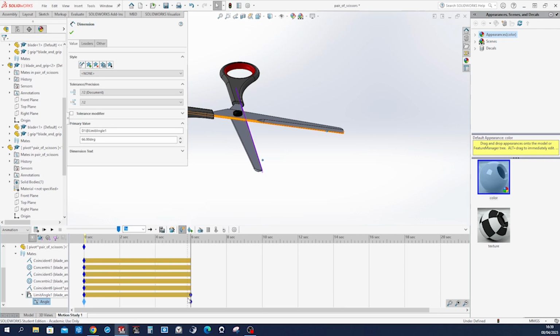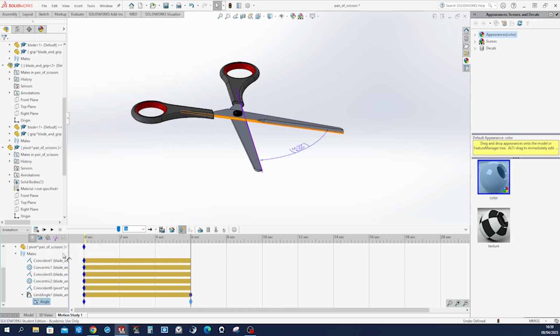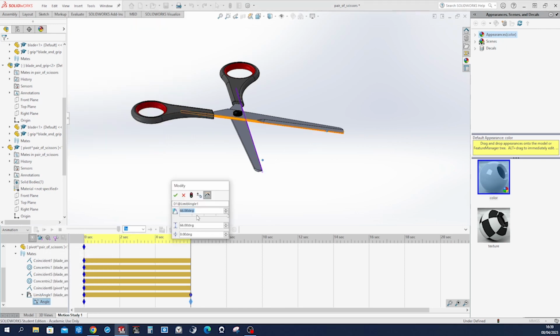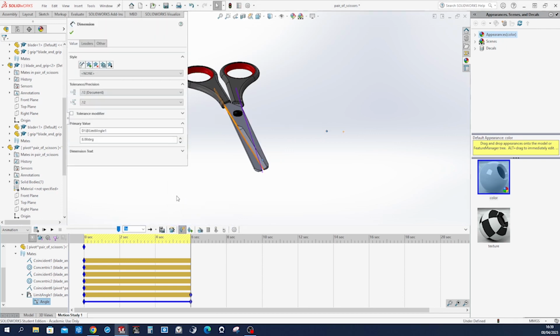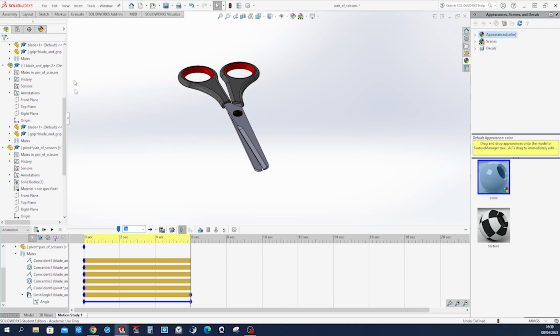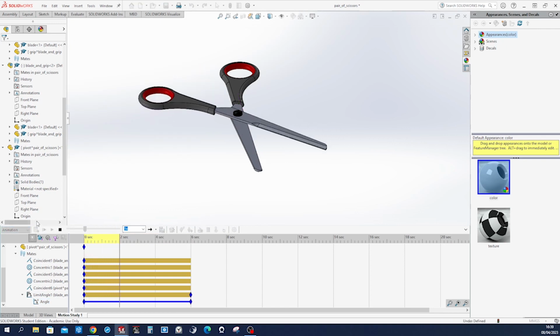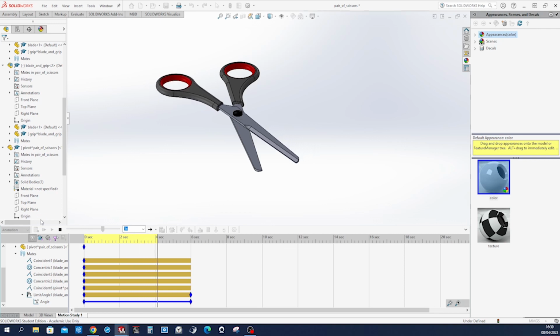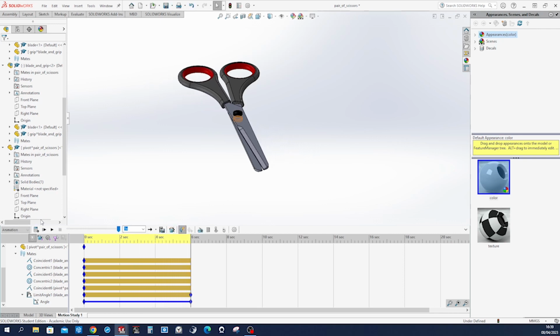Place another keyframe. Edit that dimension, 8. All right, yeah. Let's calculate that. Okay, could be